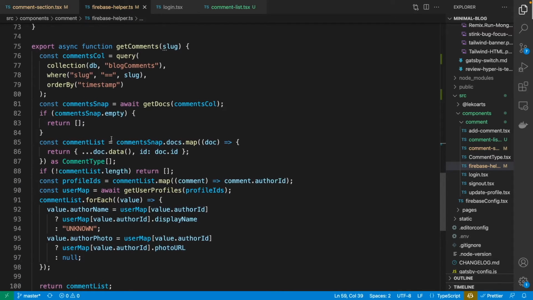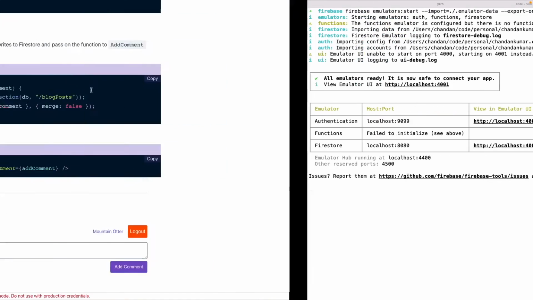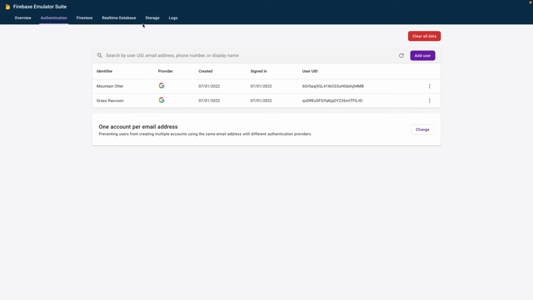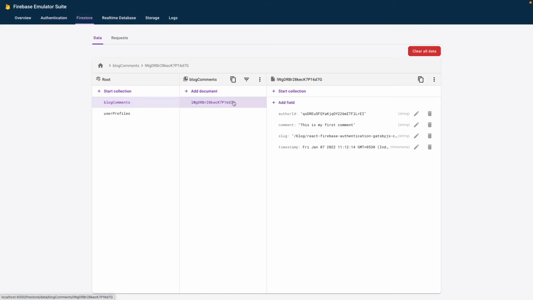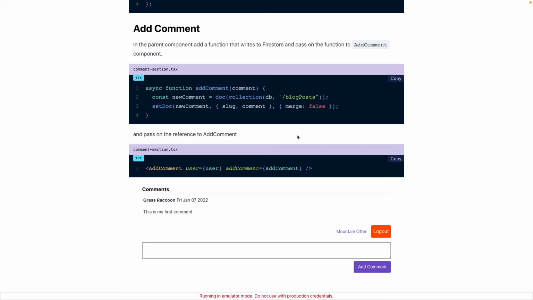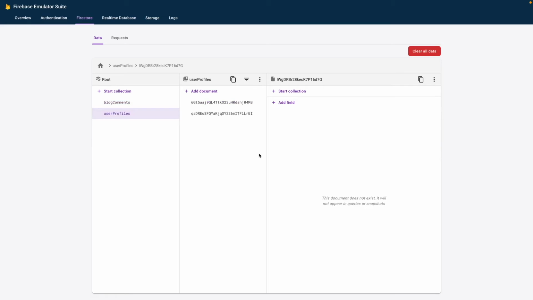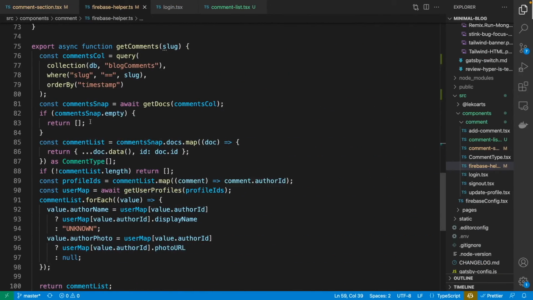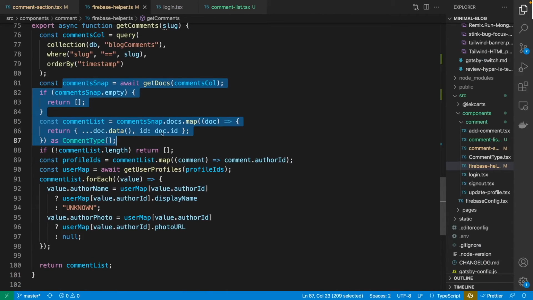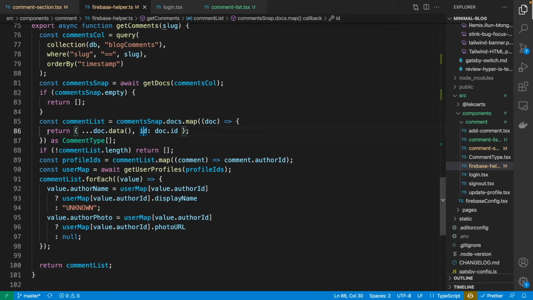One thing that I've changed here is earlier we were just, if you look at the collection over here in block comments, we have author ID, not the display name and display name, picture, etc. Although I don't have any picture right now, but this grass raccoon is coming from user profiles over here. And the way that I'm doing that is first I get all the comments, and then from the comments I get all the author IDs